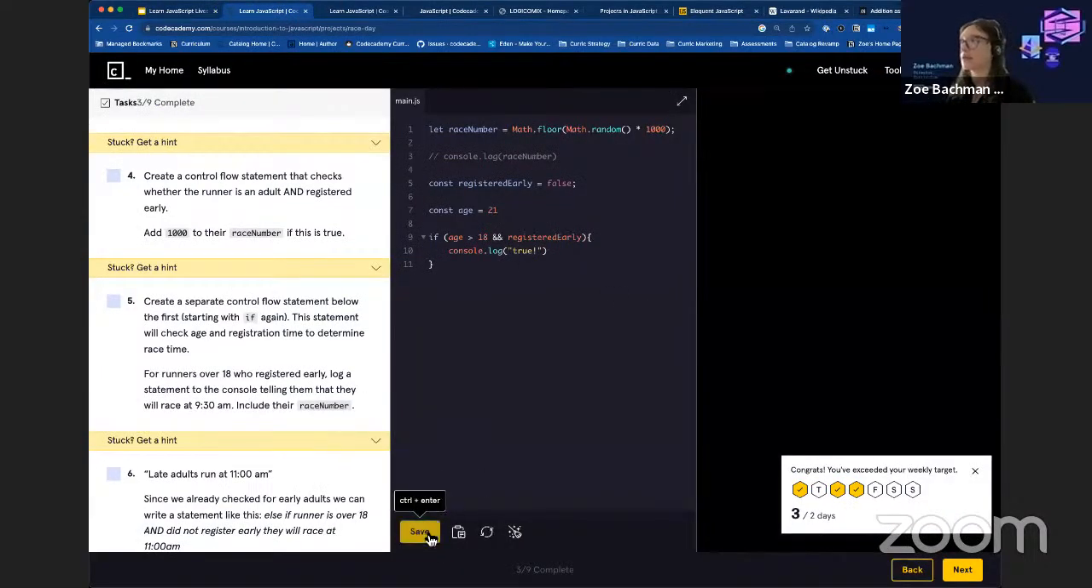And now let's save it. It's still going to be blank, which is what we expected because it's false. Up there, we did not register early. So if we change that to true, it's true again. Great. All right, but I didn't finish this task. I don't want it to be true in here. What I really want to have happen is, one, I'm not actually console logging anything. I just need to add race number. So again,